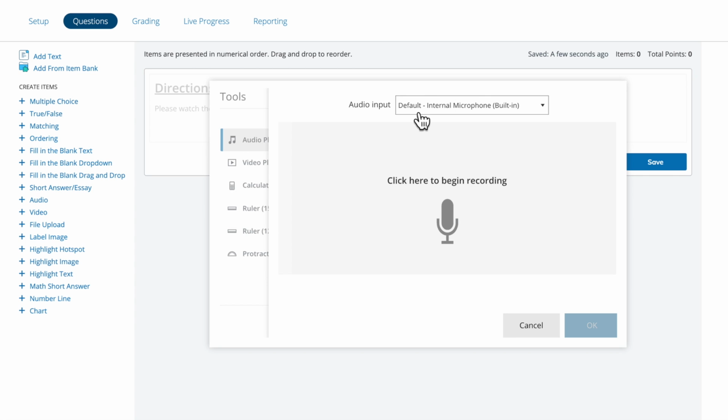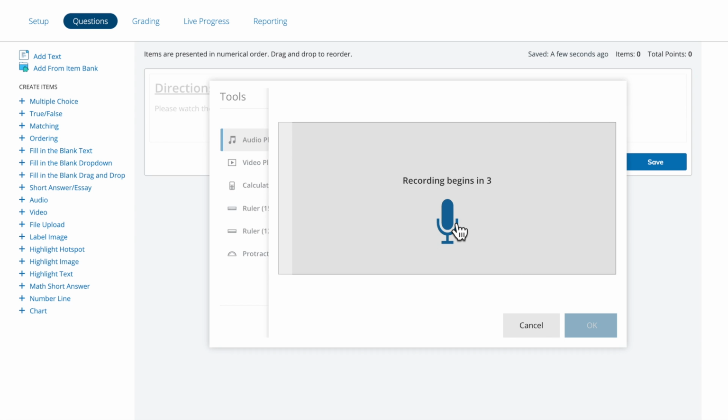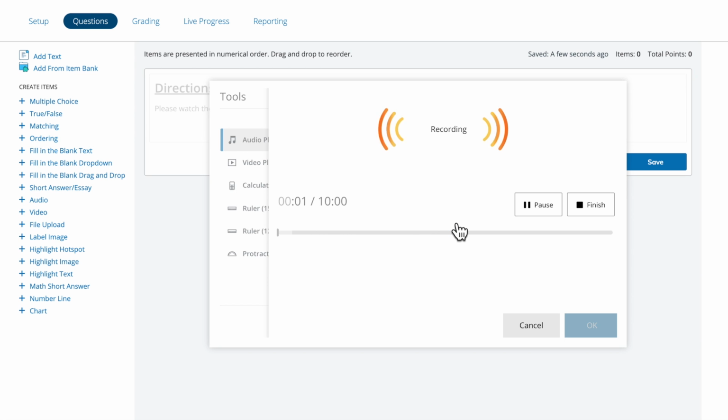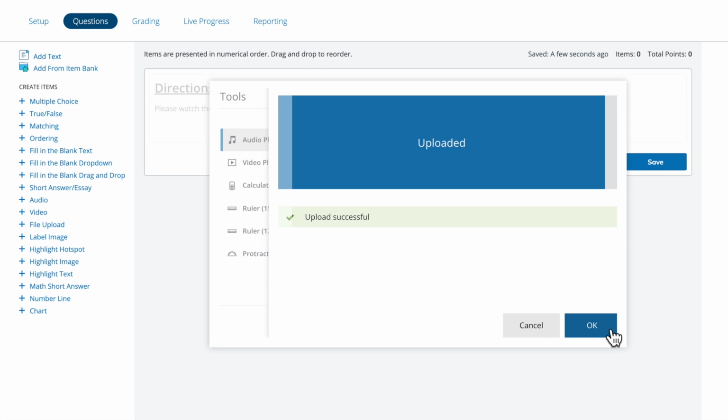Yours will probably default to the internal microphone, which is fine. I'm going to use a different microphone. Please watch the screencast and answer the questions. You can play it back, which you can't hear the screen recording, but it's working. So I'll hit OK. It uploads